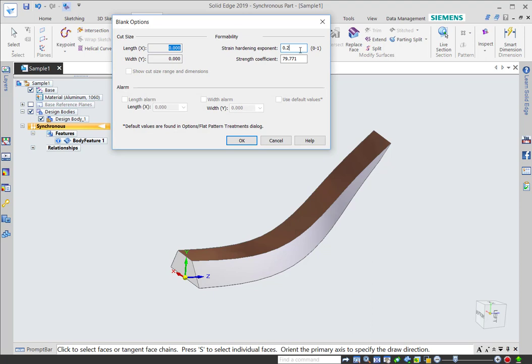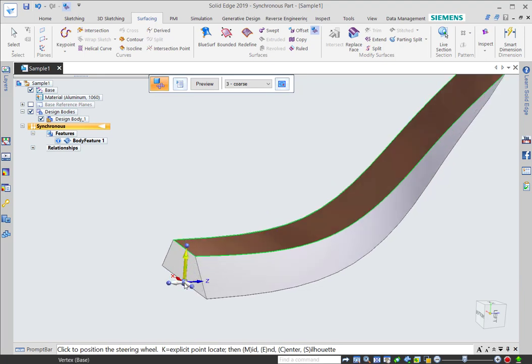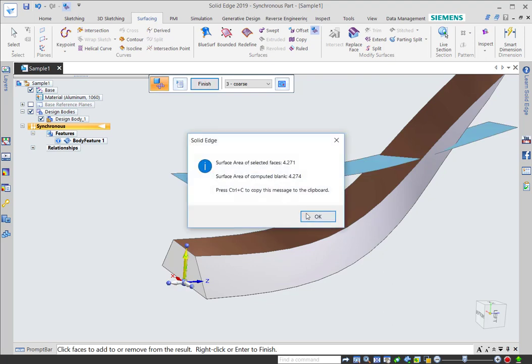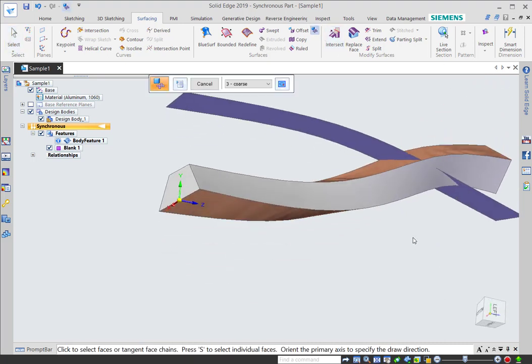You can experiment with the strain hardening component. You probably just want to make sure you use the same value on both faces, as you'll see. I'm going to just leave the defaults. Click this top face. Now the origin, I want this to be consistent, so I'm going to take this and I'm going to drop it. I'm going to try to slide along my base coordinate system and then just do preview and finish. And then we're going to run the command again, and I'm going to pick the bottom face,